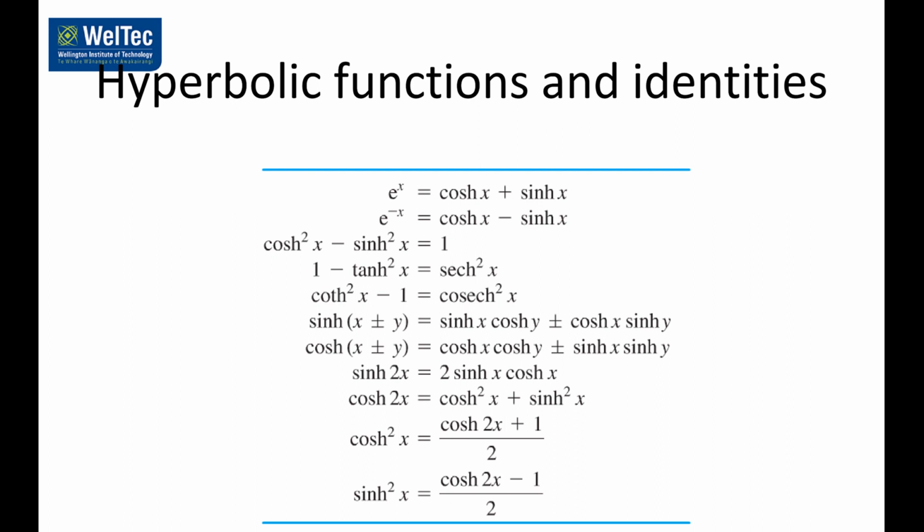For example, let's prove that hyperbolic cotangent squared of something minus 1 is equal to hyperbolic cosecant squared. Let's look at the left-hand side. Now, any type of cotangent, whether it's hyperbolic or circular, is going to be cos over sine. So this one will be cosh squared over cinch squared minus 1. And if we put that over a common denominator of cinch squared,